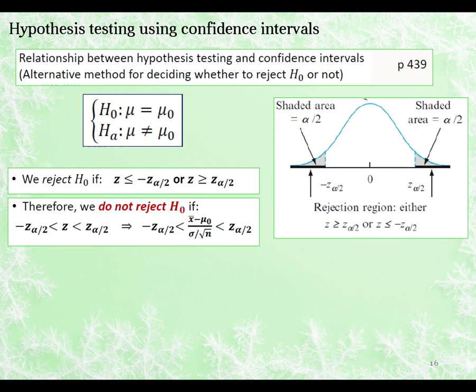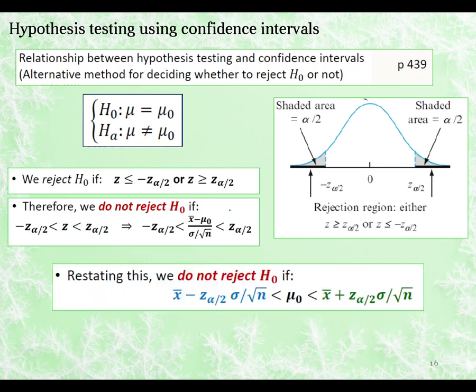So that means we can turn this problem around and we can say, well, that just means that we don't reject the null hypothesis if Z is between these two critical values, and we can replace Z with how we calculated it. So I've just put my test statistic in here. And now we can restate this. If you solve now to get mu naught in the middle of this interval, then you end up with these two limits. And if you look at this, you should be thinking, but this is just the lower limit of